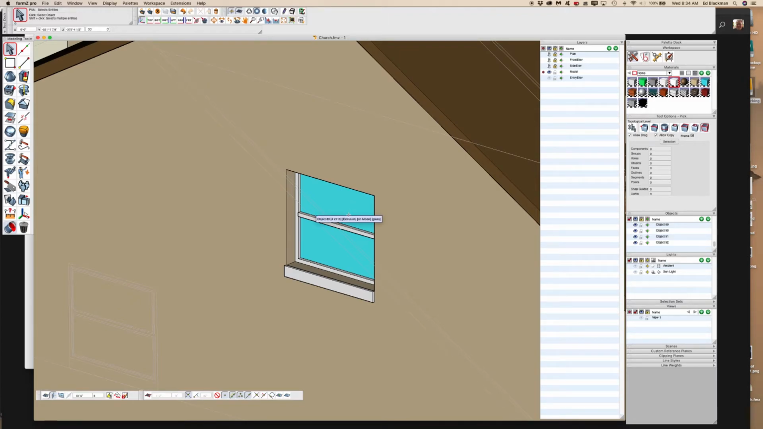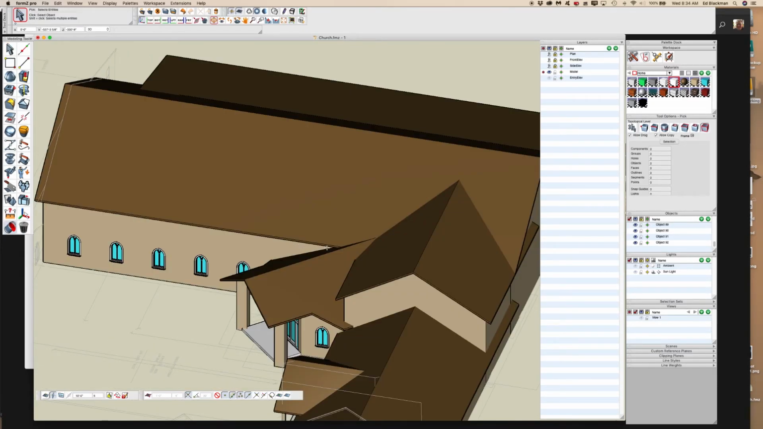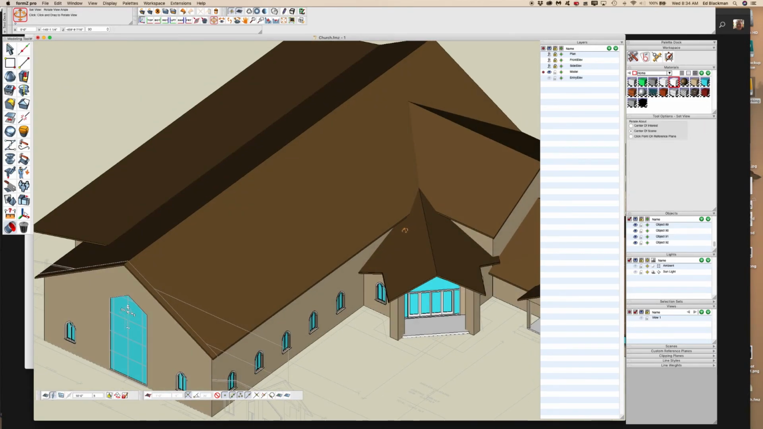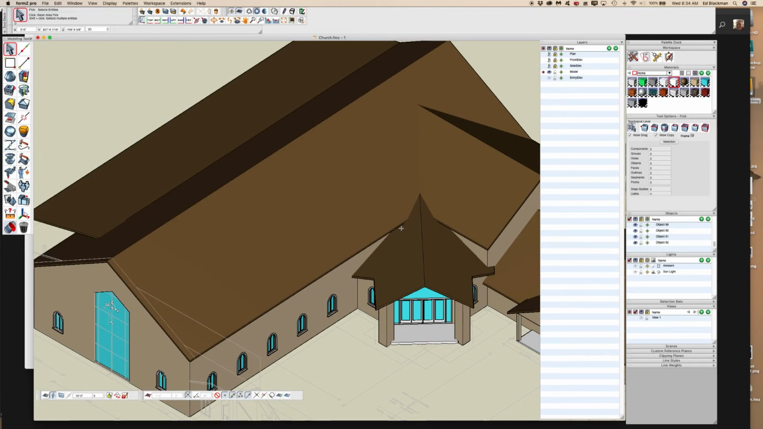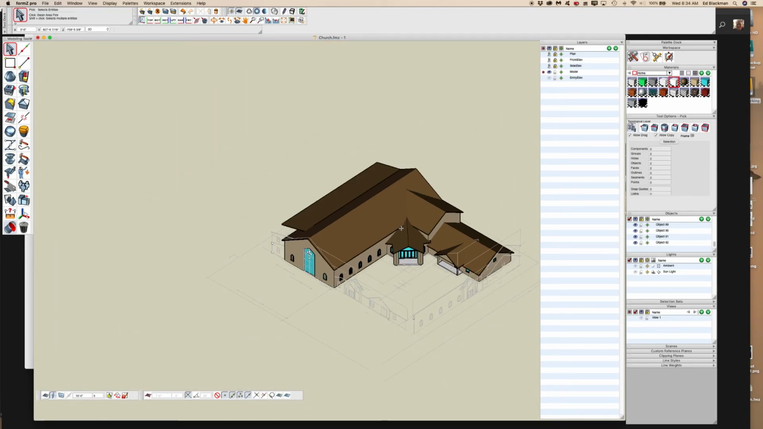Okay, so let's get out, fit, Command F. It's time to pick a view. So I know that I want to be out here somewhere. Come on, rotate around for me, thank you. And let's just zoom out a little bit. We're going to want